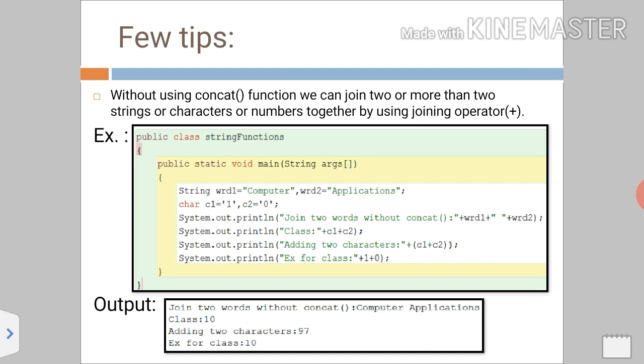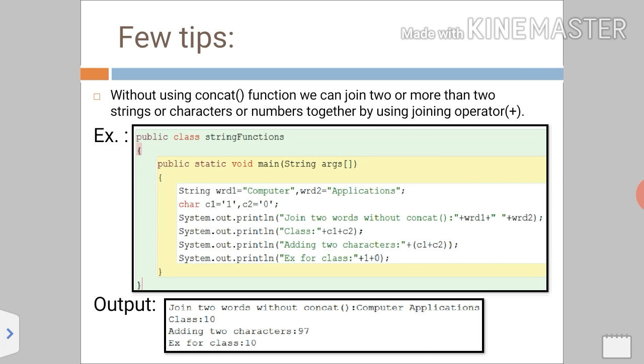And then in the next example, I had given them brackets. It means I had already increased the precedence of c1 plus c2. That's why c1 plus c2 works as addition of two characters. When we are adding two characters, always remember we are not adding the characters, we are adding the ASCII codes of the characters. That's why the ASCII codes of 1 and 0 should be added together.